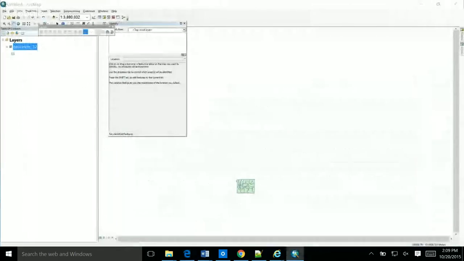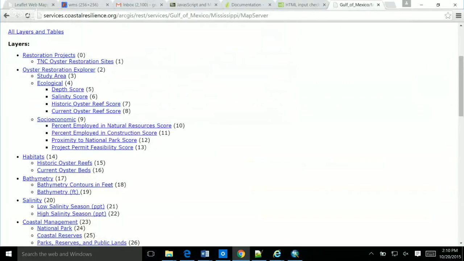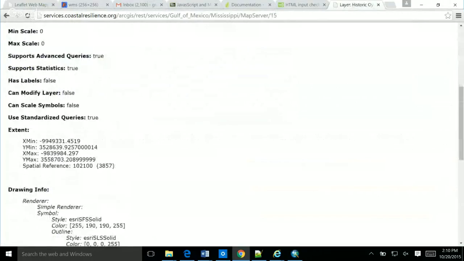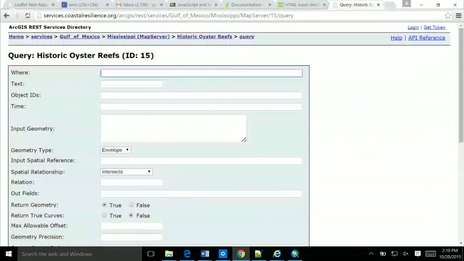Okay. So in our layer, let's go look back here. Let's say that we only wanted to show some of these layers. You have to know about your data. In our case, it would be hard to do this without knowing what the attributes of those data sets are. But the REST interface does show us some of that. So if we went into historic oyster reefs, we've got state, county, shape. So county might be interesting because we know what counties are on the coast, right? So we could do this and say where county equals,